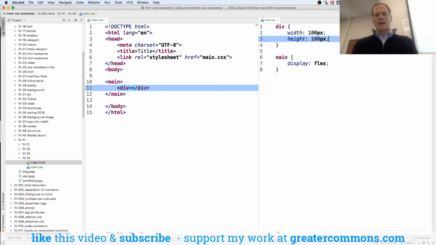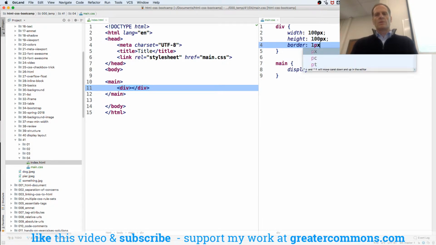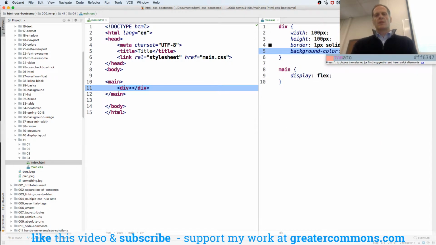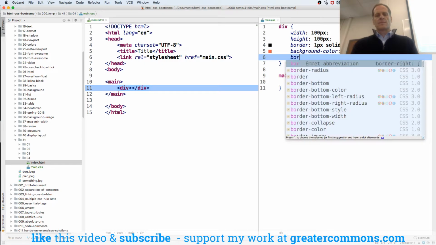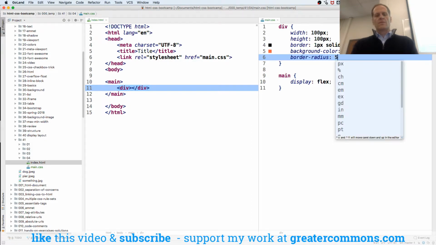And then we'll do a border of 1 pixel solid black, and a background color of tomato, and we'll do a border radius of 50%, 100%. Cool. So if we look at this now,